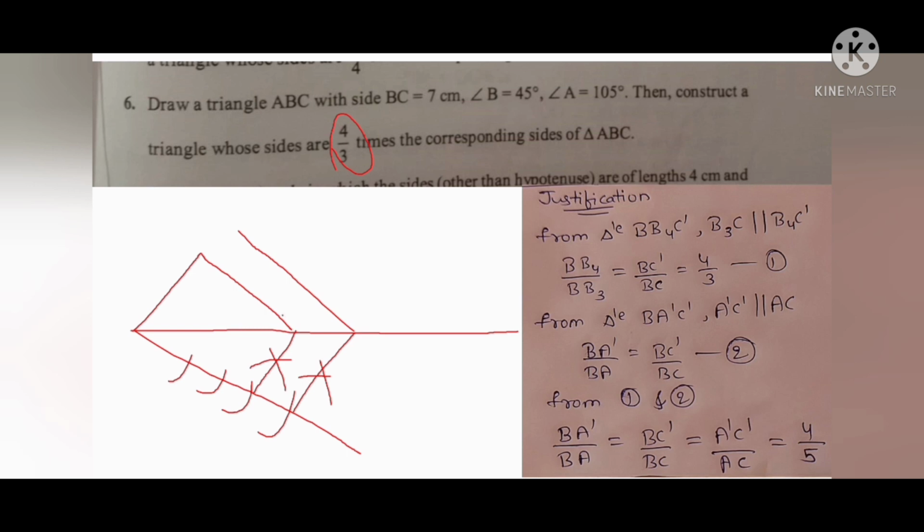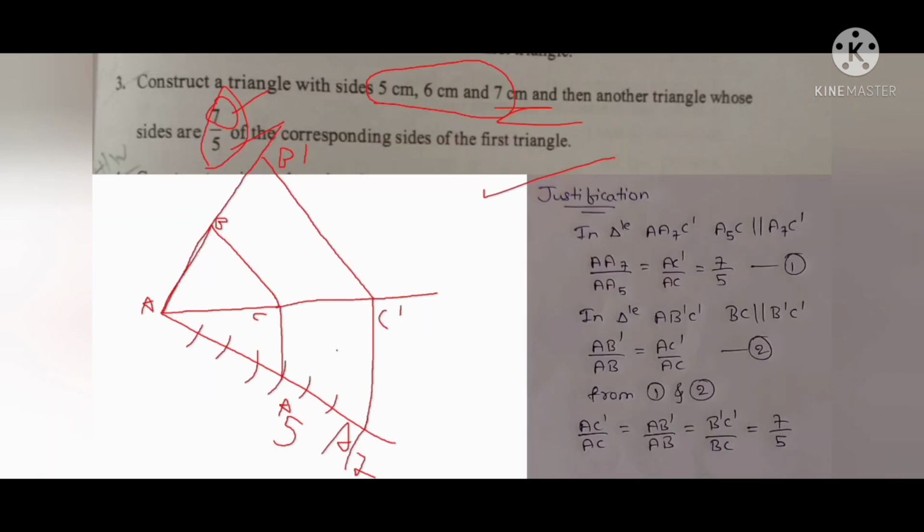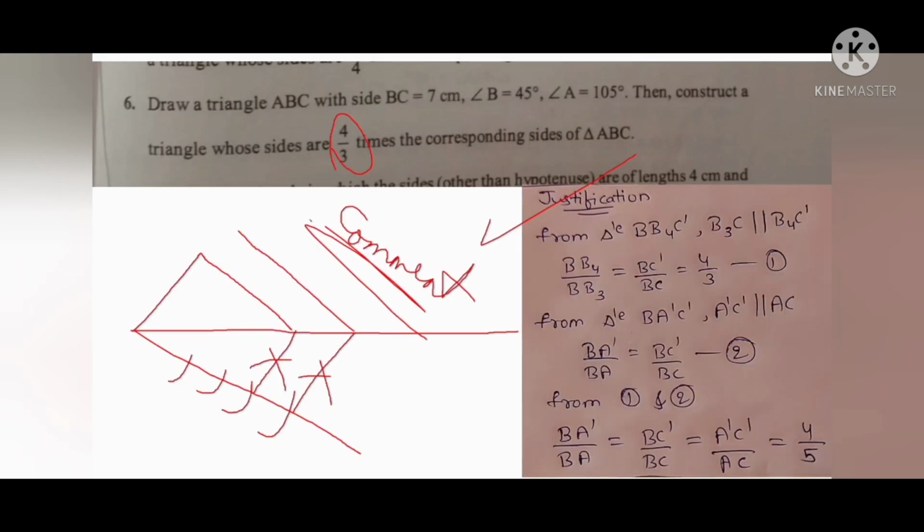Next you have to do the arcs, name the questions, and put the justification. Comment to us if you did not understand this one. In this third question you have to simply make the arc like this, and after arcing you have to justify. If you did not understand, comment and we will tell you. We will reply to you within one day.